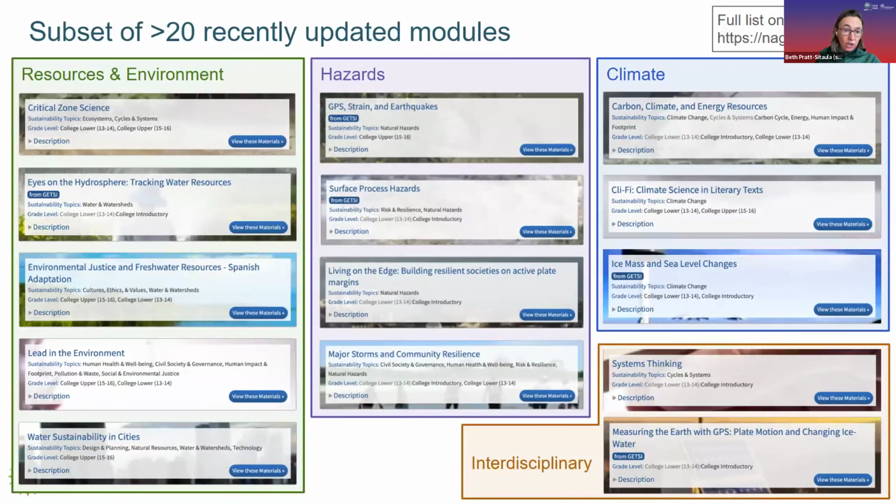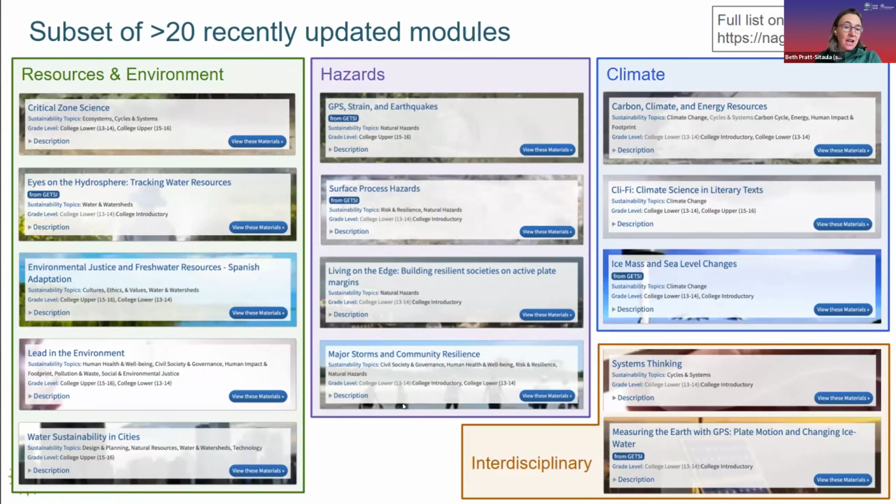So in total, we took this as an opportunity with the workshop over last summer at the Earth Educators Rendezvous, and subsequent work by some interns and other community members. More than 20 modules have been updated in this process out of the 40 or so in the InTeGrate and GETSI collection. So for those of you who are not as familiar with the type of resources that are offered